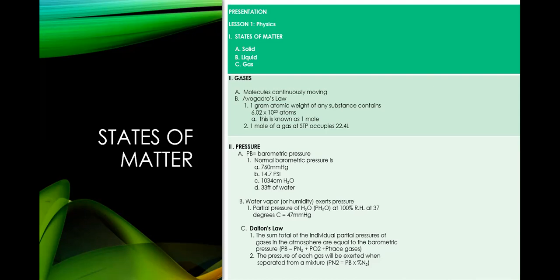And 1 mole of a gas at standard temperature and pressure, that's what STP means, occupies about 22.4 liters of space. Okay, 1 mole of gas is about 22.4 liters of space. Okay, so how many moles, knowing that 1 mole of gas is 22.4 liters, then let me see before I ask that question.